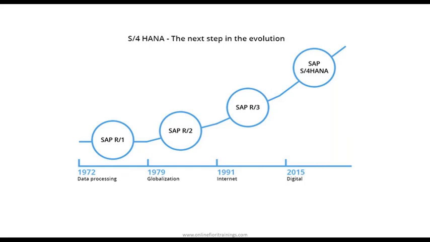So if your company today uses Business Suite and wants to go for S4HANA as a product, then we call it a system conversion. It is not an upgrade. It is not the next release of Suite on HANA. It is actually a completely new product, guys. Completely new product, completely reinvented the wheel of ERP.